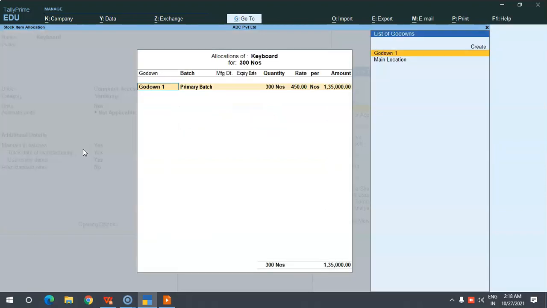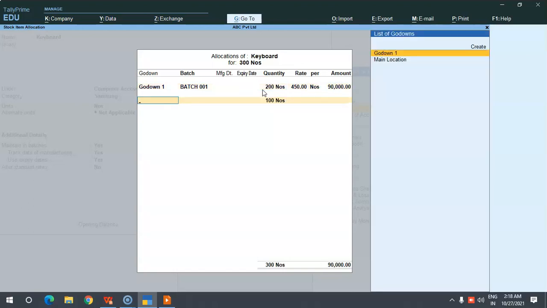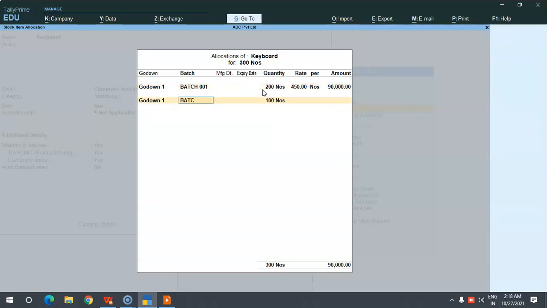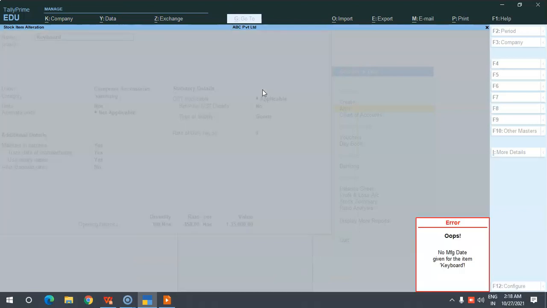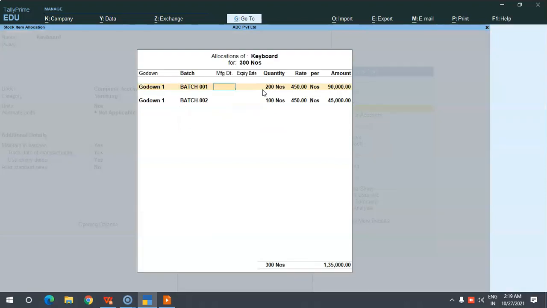Okay, then you will find an option. So here I can give batch 1. See here, there are a total of 300 numbers. I am allocating 200 numbers in batch 1. Then going down, I am allocating 100 numbers in batch 2. So likewise you can allocate in batches. Once you have given yes to this, you have to give the manufacturing date and expiry date also.